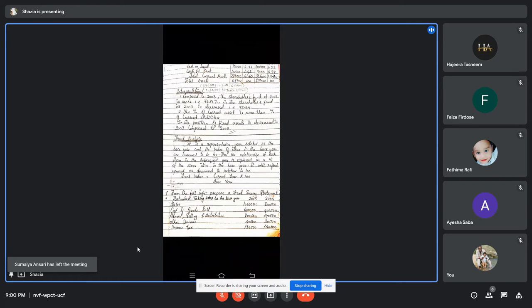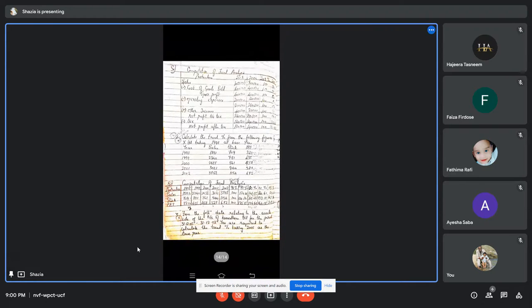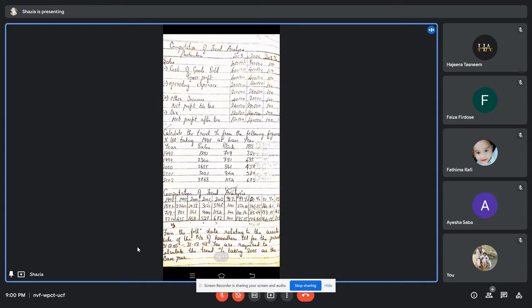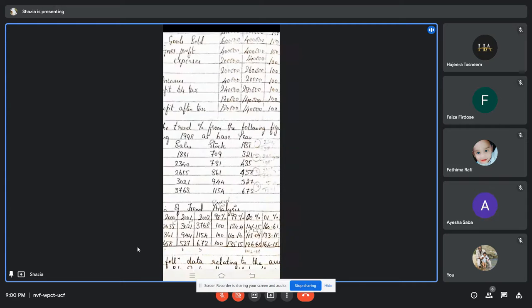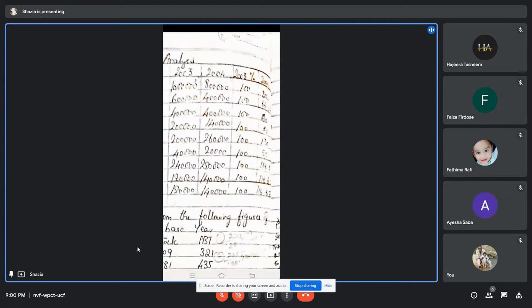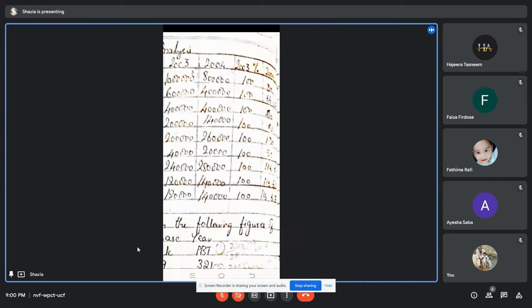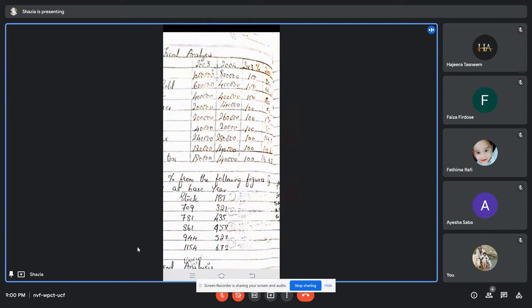First, see how the answer comes here. See here, they have written like this: computation of trend analysis. They have taken accordingly here. Okay, then for the first year, that is the base year, they have taken the full 100%. Here it is not visible properly. But for the second year, they have compared this. How have you done the comparison?